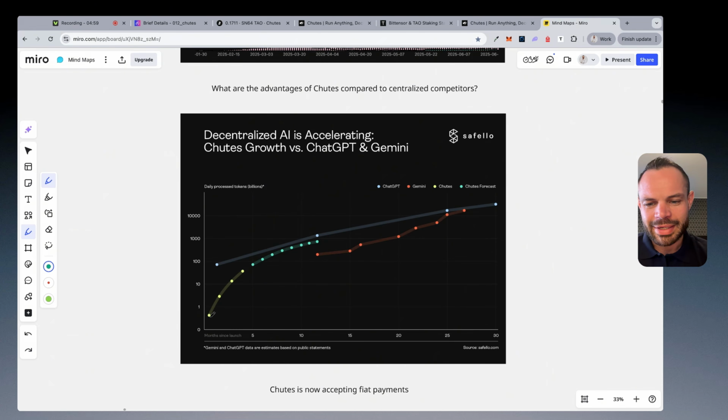So what we're looking at here is, if Chutes is able to stay on pace with the type of token input output growth that they're currently having, we are on pace to get even more input output on a token daily basis about 10 months from now compared to where Google Gemini was at in terms of their growth. And you've got to remember the amount of investment capital injection that Google has, compared to an open source decentralized protocol and subnet like Chutes running on TAO. It's phenomenal.